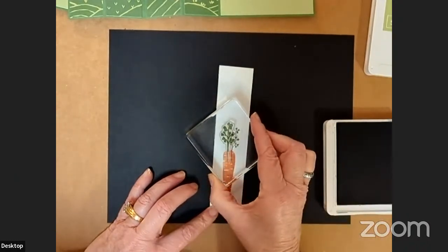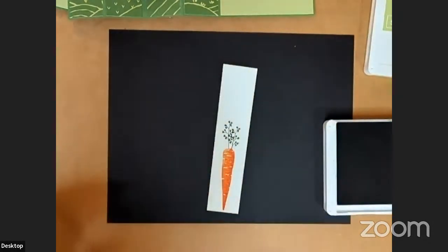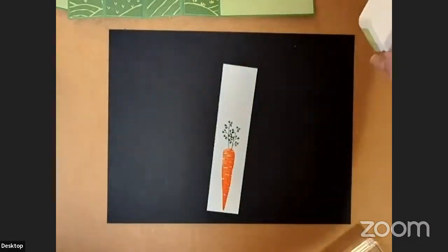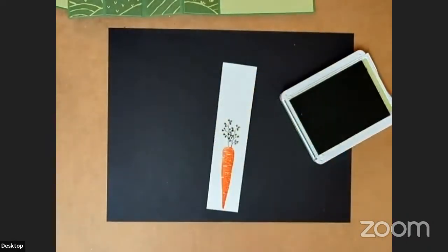Longer because I want it a little taller than that one. And do the second one. And then I'm going to get out my Pear Pizzazz. And then add in a few,